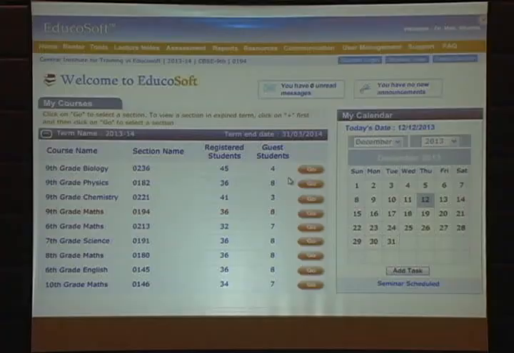Vasant Vihar, both the Tagore schools, all their students are doing their homework online, quizzes online, formative assessment online, everything they're doing online. And all the teachers are well versed with that. For the last 5-6 years, they're continuously doing it. And their results are improving day by day. Now, how does it work?